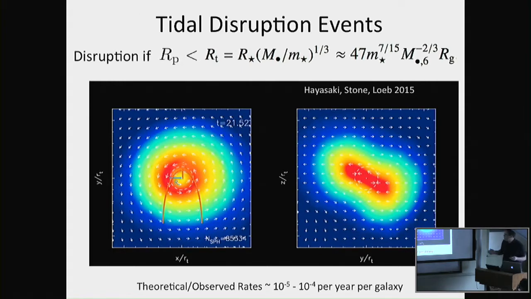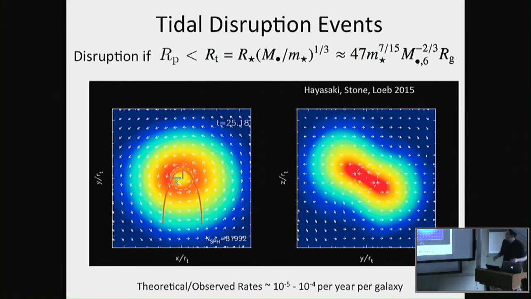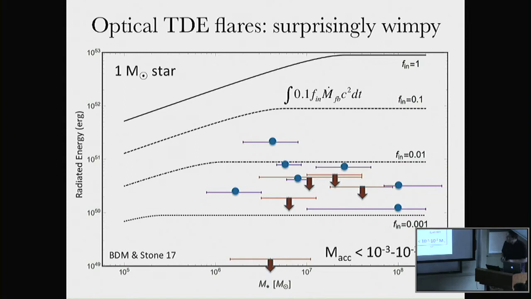And we see these flares in galactic nuclei as X-ray flares, often as optical flares. But one of the mysteries, at least associated with the optical TDEs, is that they're surprisingly wimpy. If you just calculate their radiated energy, doing a bolometric correction, it's typically less than 10^50 or 10^51 ergs. So if these things were accreting as thin accretion disks, at 10% radiative efficiency, which we don't necessarily know is true, but if they were, that implies that a fairly small amount of mass is accreted, maybe less than a hundredth or even a thousandth of a solar mass in some cases. Whereas we expect about half of the star should actually be fed into the black hole in these systems.